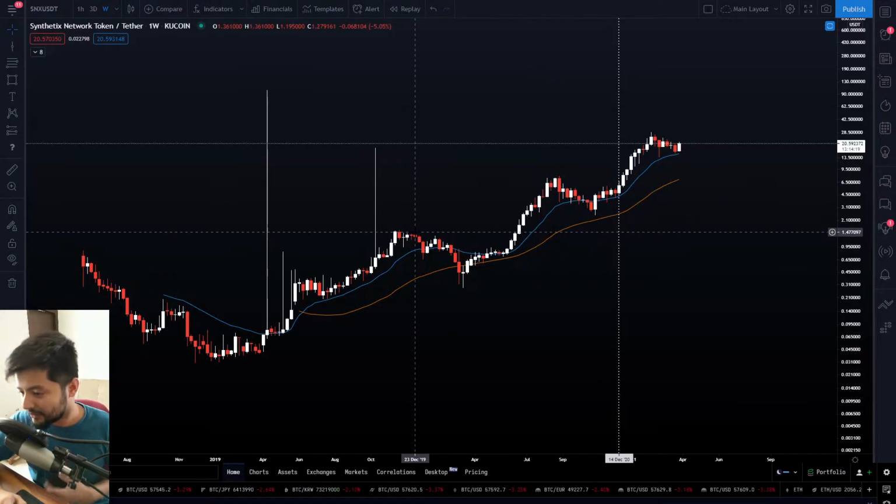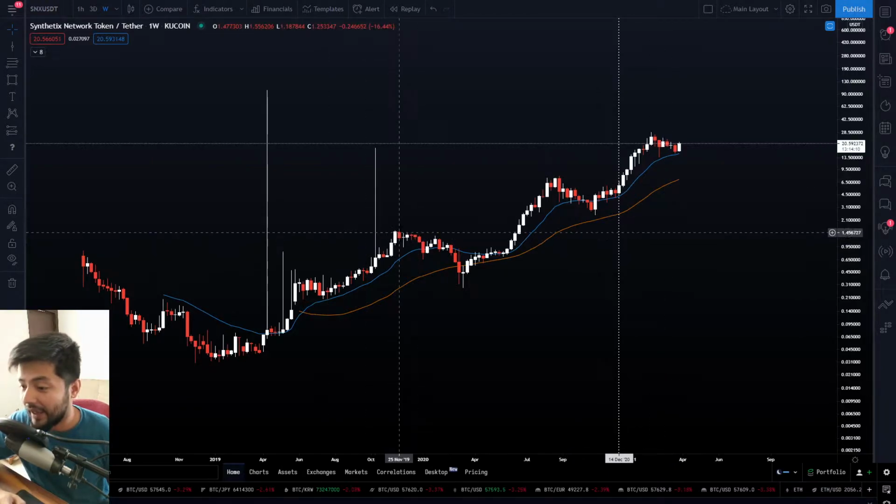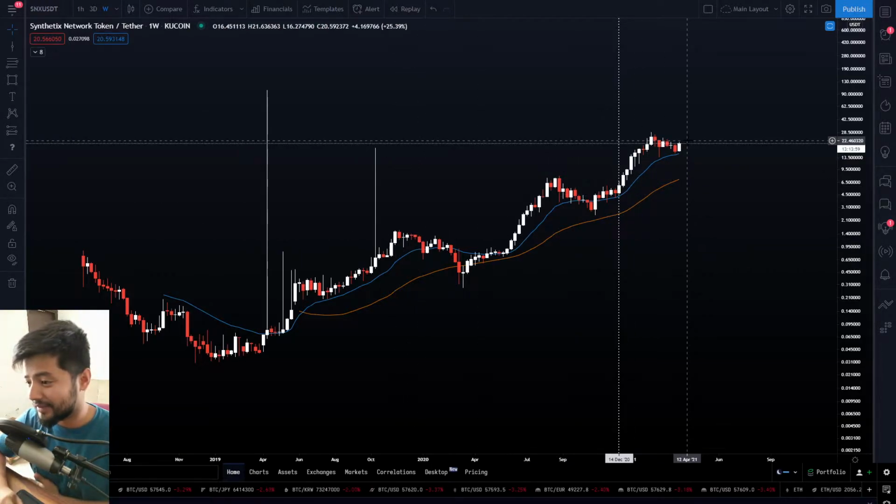Look, in my previous long-term analysis on Synthetix, I talked about how I totally bought the top right here on Synthetix, guys. Look, the holdings are doing pretty much fine right here, to be honest with you, right? And it was a small amount, guys, a couple of $100, I guess. I don't even remember what amount I put in right now, but what I do know is it has turned out to be a significant amount by this price point right here.